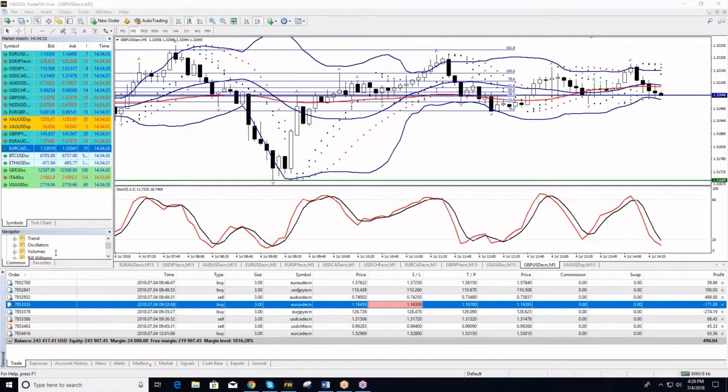This is how the pairs are correlated. So pound CAD basically measures the performance in percentage terms of an increase or a decrease of pound dollar versus dollar CAD. If you do the maths, you arrive at pound CAD rate. So since I'm shorting dollar CAD and pound dollar is declining for the moment, perhaps it's better to go for short positions instead of long ones without watching the chart of pound CAD. Okay, so if the denominator, the dollar CAD, you expect it to decline, it's better to short pound CAD